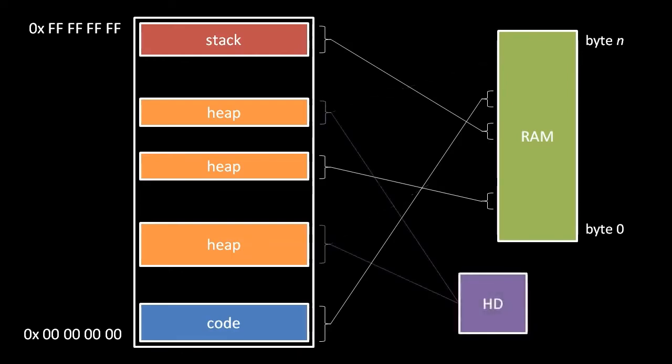To free up valuable RAM, the OS may decide to swap out pages of a process to storage, usually a hard drive. Here, for example, these pages of heap memory are not currently mapped to any part of RAM. Instead, their data has been temporarily copied out to a hard drive, and in the process memory table, these heap pages have been marked swapped. An attempt by the process to access an address in a swapped page will trigger an exception, at which point the OS will copy the swapped page back to RAM and adjust the memory table accordingly before allowing the process